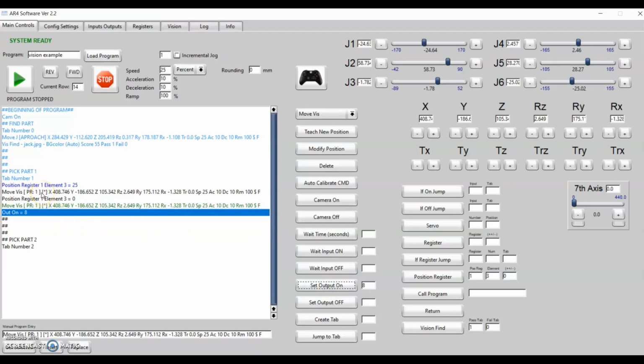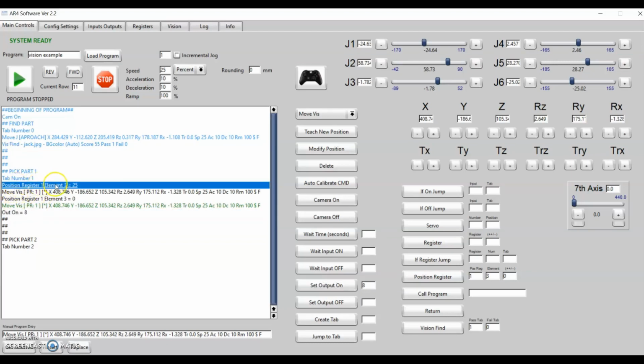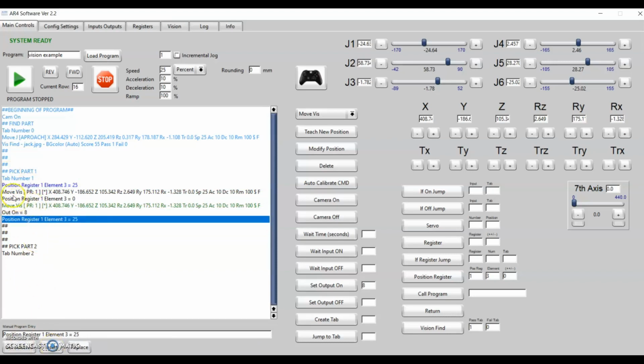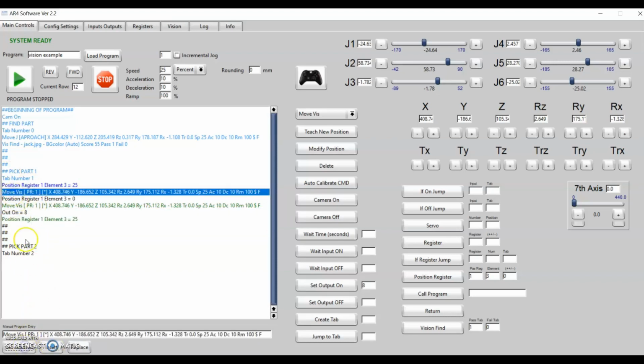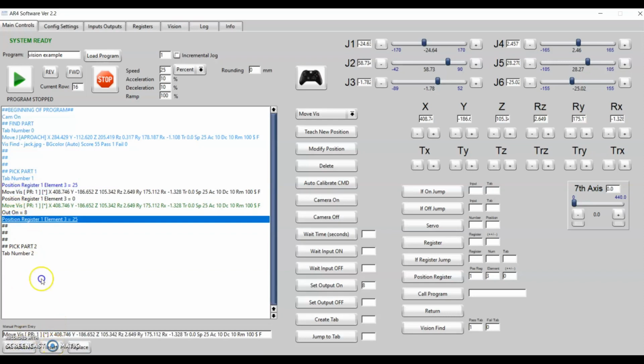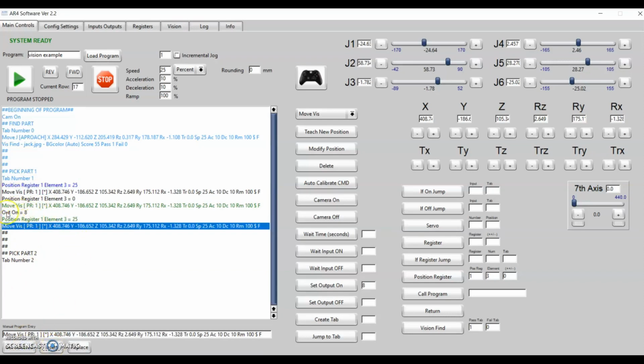So I'm going to again set my position register 1 back to 25 or any height that I want. So I'll hit Get Selected on that and insert that. I'll hit Get Selected on the move and insert that. So now I've gripped the part. I've set my position register back to 25 millimeters up, and now I've moved up above the part. And then now I can program a couple moves to